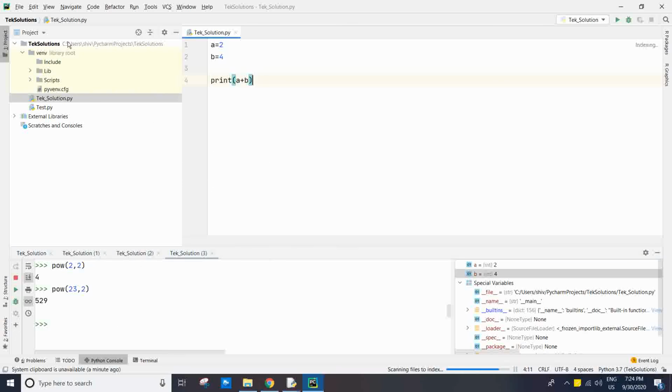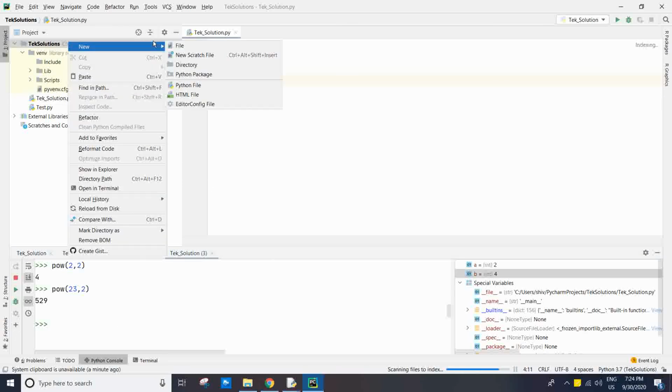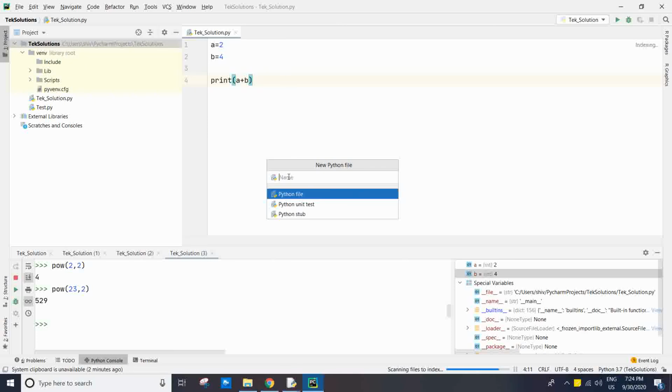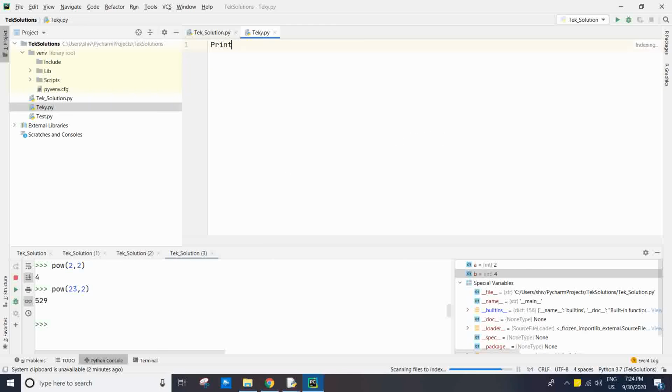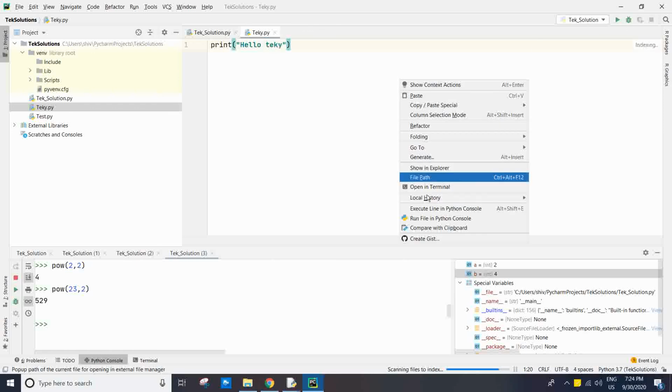Now if you're going to create one more file, then file, new Python file, type techie.py, enter. Now print hello techie, and right click, run file in Python console.